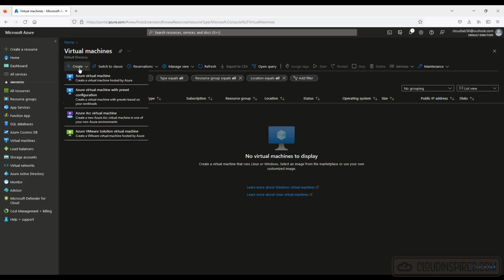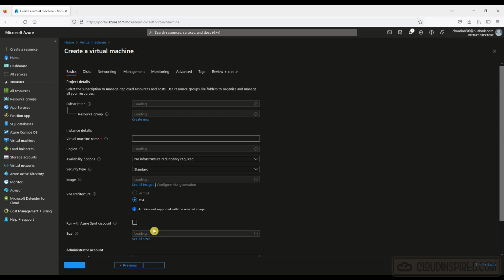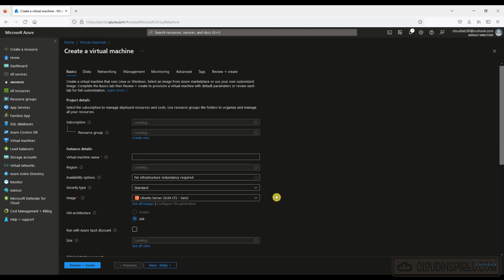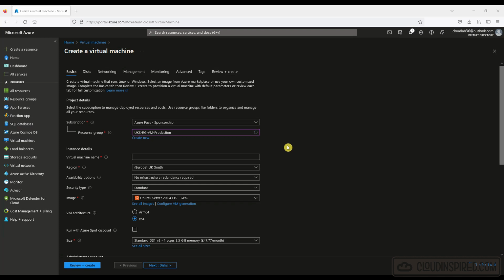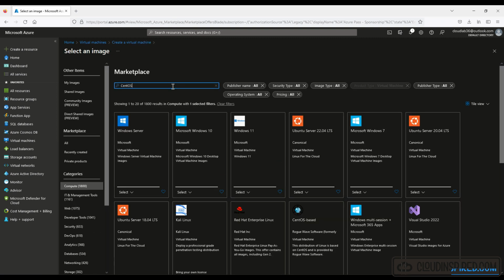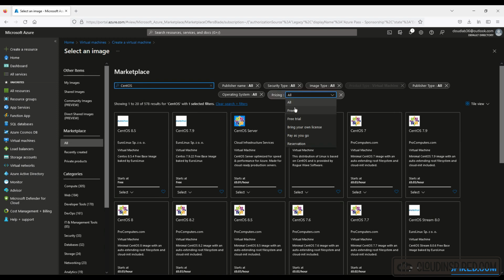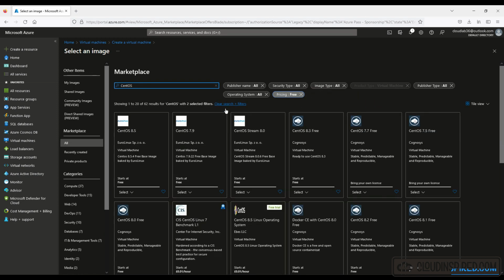Okay, good. So let's create the CentOS free Linux distribution virtual machine. We go to VMs, we choose a resource group, choose our VM name, and we choose a region that the VM will reside in. In this case that's UK South. We select an image, and in this case we will choose CentOS 7.9, the free version. We select a VM size, and please get approval if you haven't already, as you will be billed for this